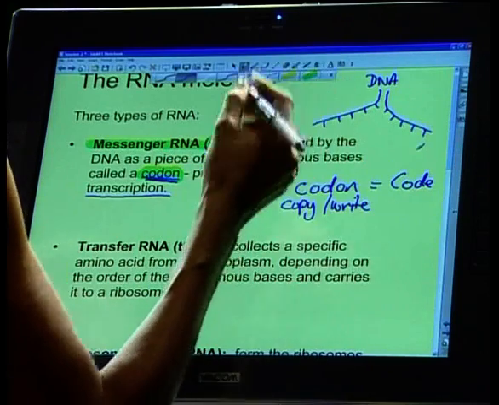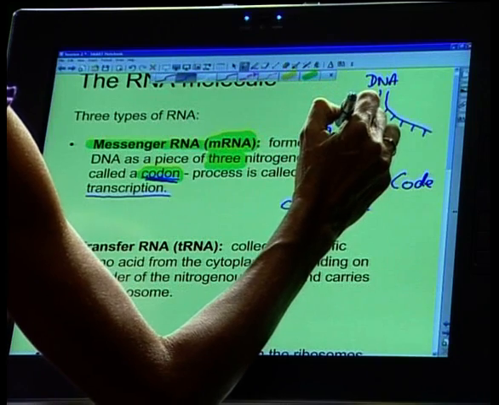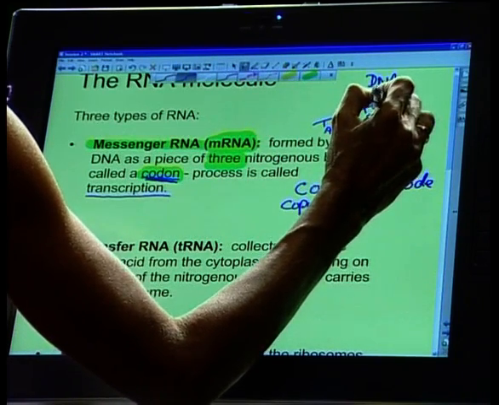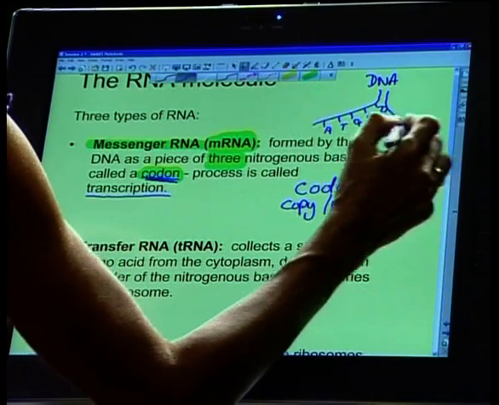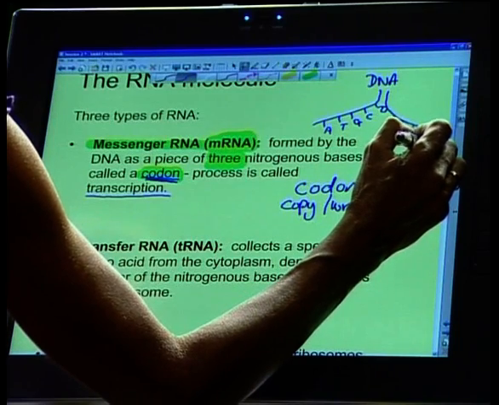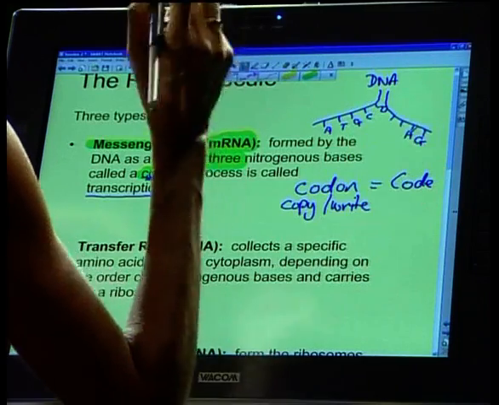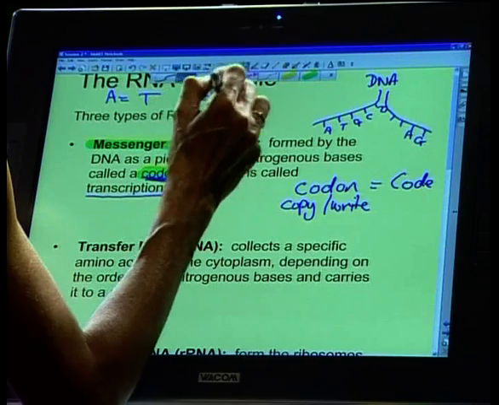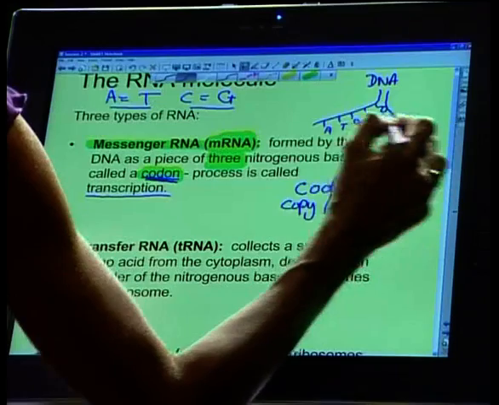Okay, let's just come up with letters. So we make this A, we make this T, we make that G, we make this C, we make that T. So on the opposite side here, A, the opposite side would be G. The opposite side for A would be T. Remember, A equals T and C equals G. And if you remember this, you can't ever go wrong. So, A to G,